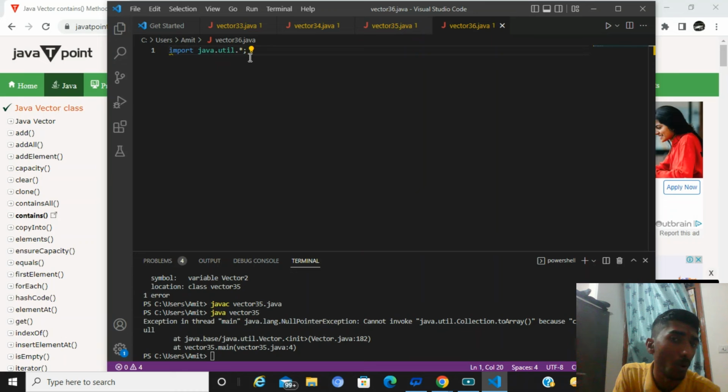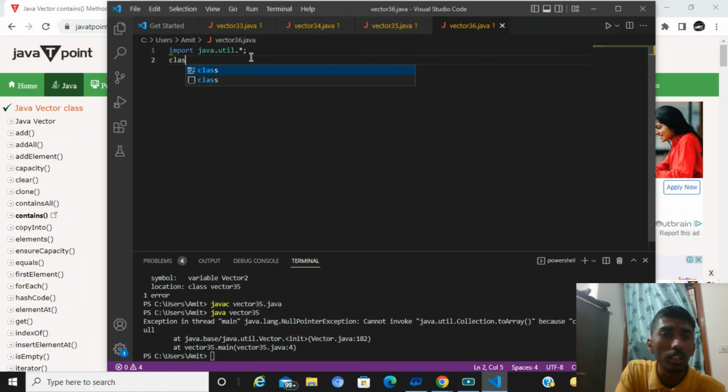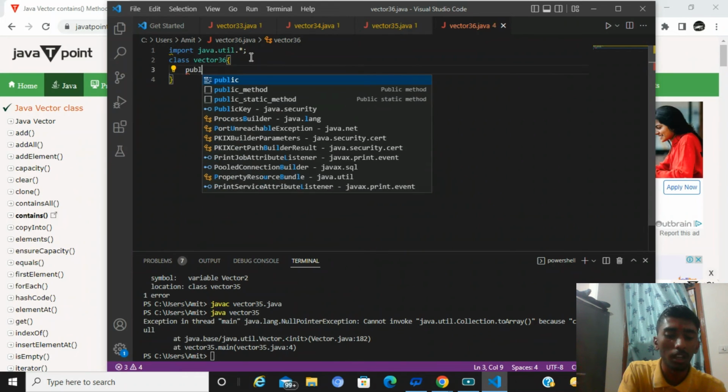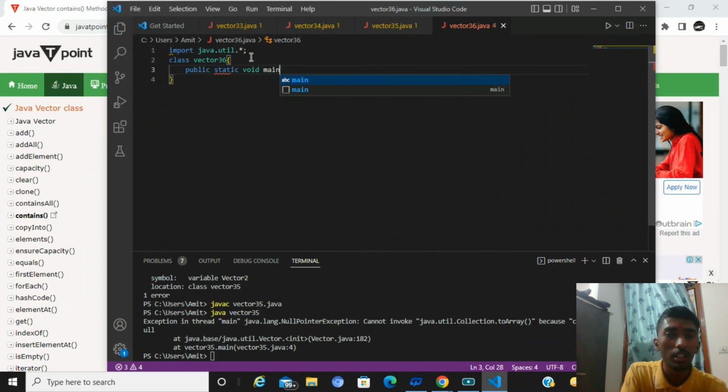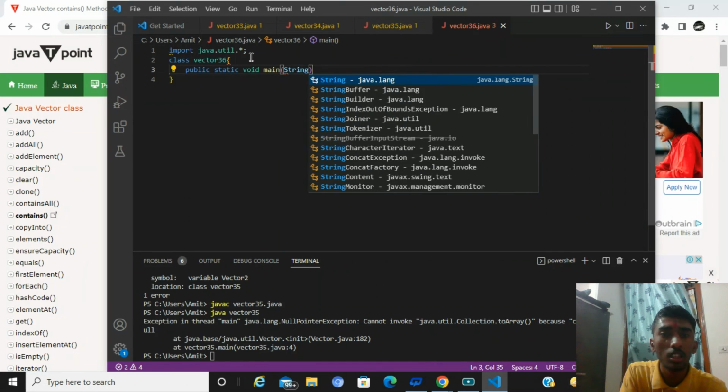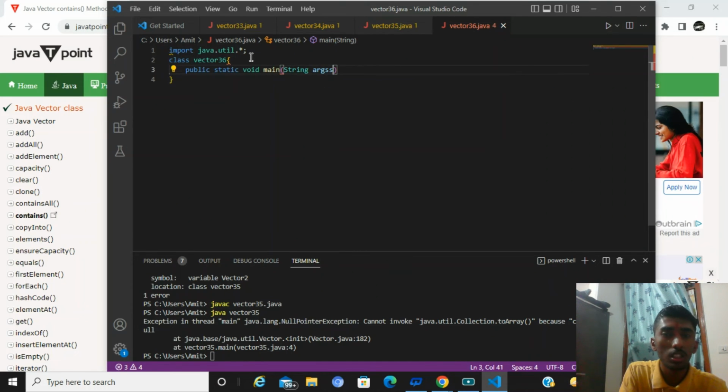I told you many times also. Okay. Now after that, I write here class name, vector36, and now I take curly bracket and write public static void main(String[] args),